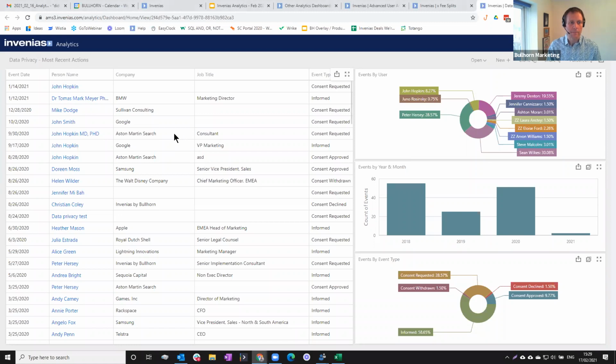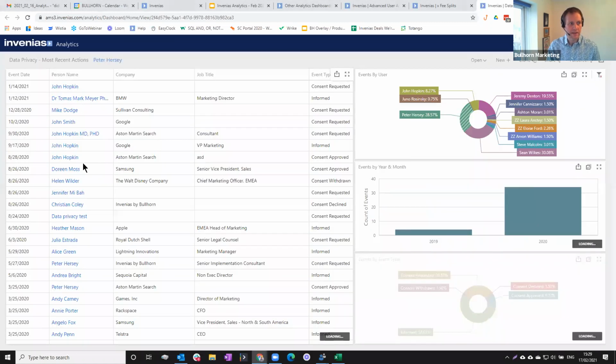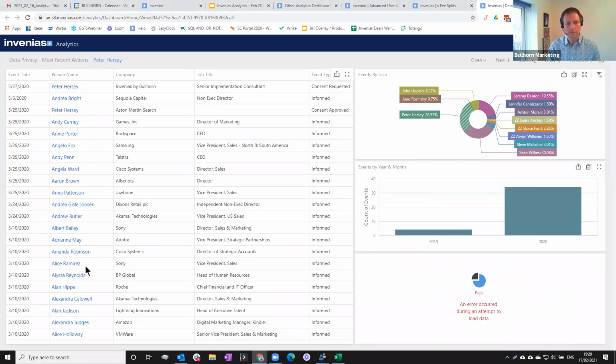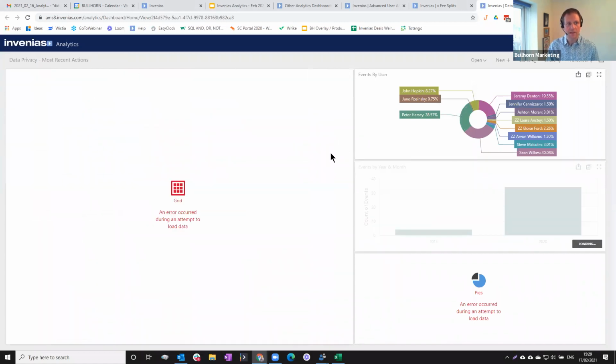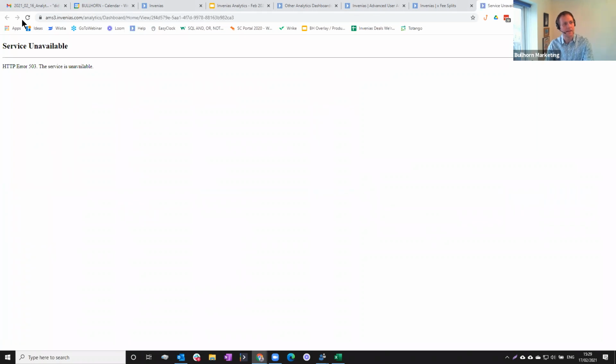So if I select Peter in here, this grid filters to show me the people he has handled. We can turn this grid into a filter as well, or we can add a search box in here that allows you to, it's timed out because I've had it open too long now, but or we can add a